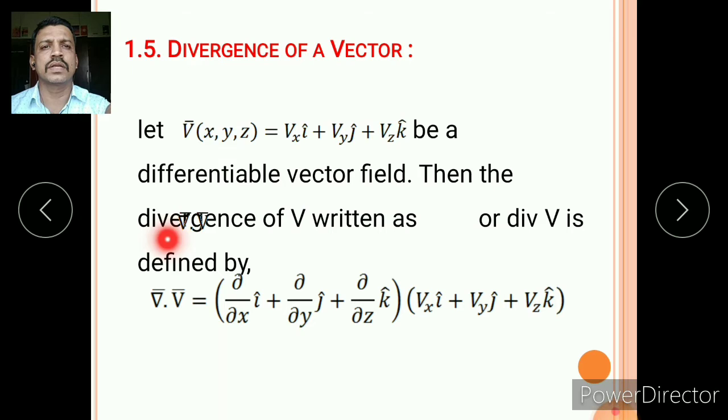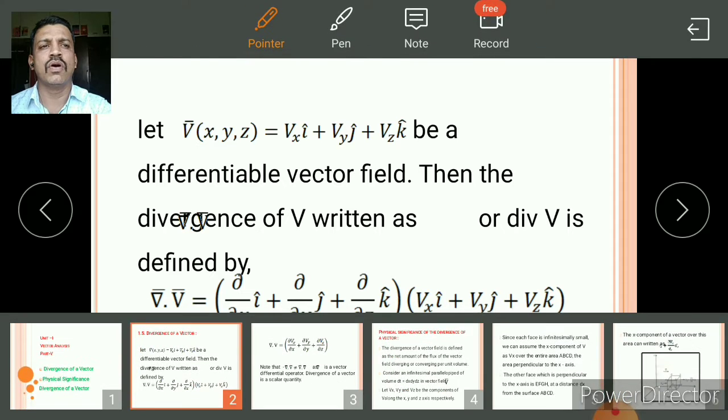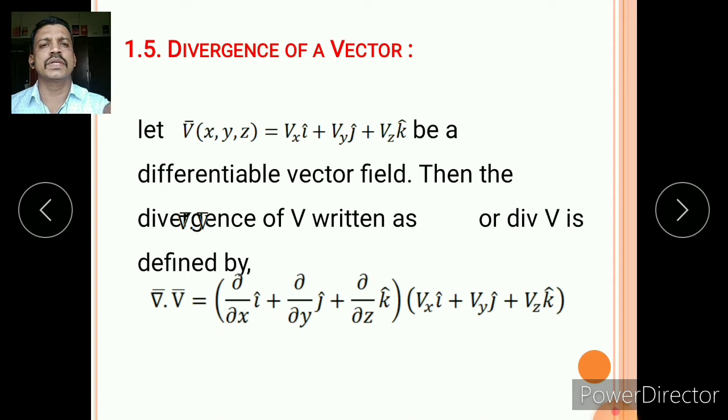Then the divergence of v can be written as del dot v, or divergence v is defined by del dot v equal to ∂/∂x i plus